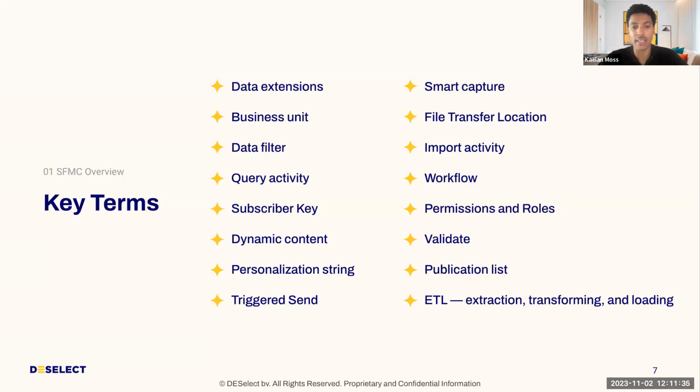And then the next is, I'm going to combine 2, personalization strings and dynamic content, into one term to really understand. And that is where you can truly start to separate yourself from generic marketers, right? You can start to show people content based on what it is you know about them, which creates such a higher level of engagement when you think about email marketing or text message marketing. And then the third thing that I really think is important is this ETL down in the bottom right, extract, transform, and load.